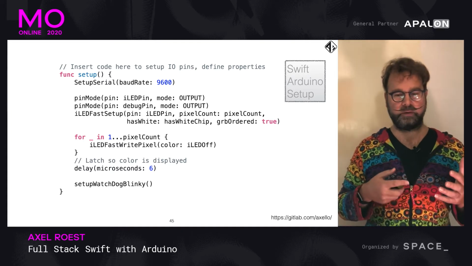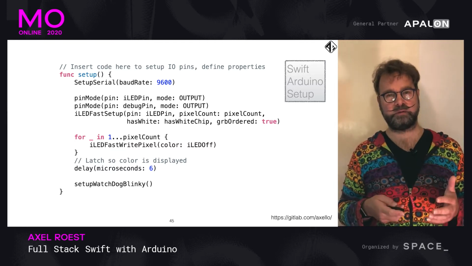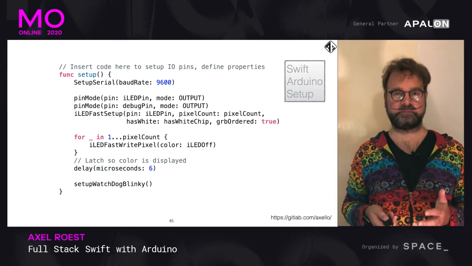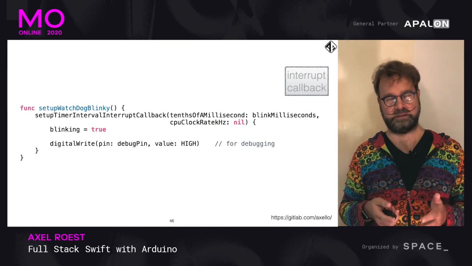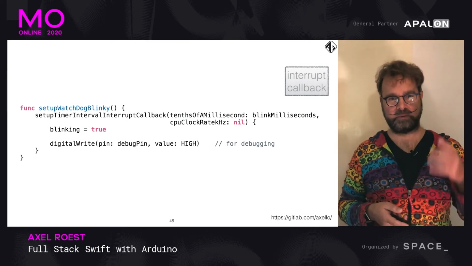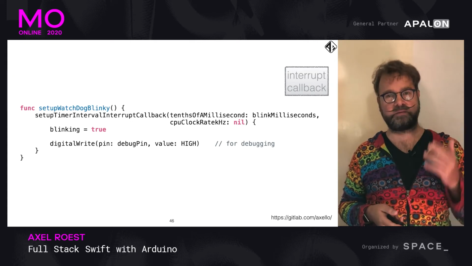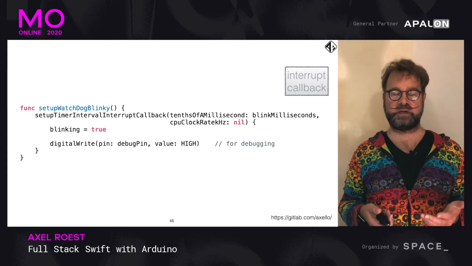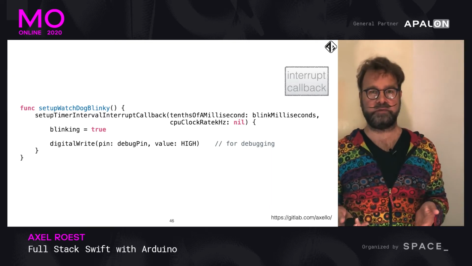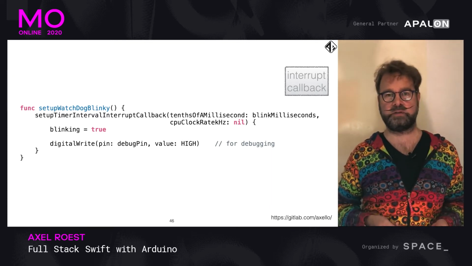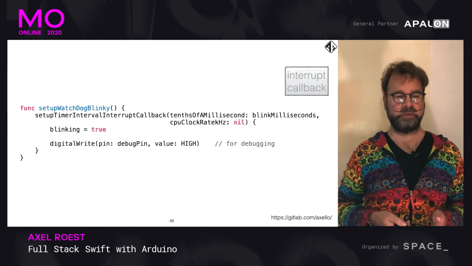Now, with hardware, it's always nice to know if the device is still running. And what I do there is make a little blinking LED so that you know the device is still running correctly. If you just have a LED on the power, it's green, but you don't know if your program is still running or if it's just the power is there and your program crashed. So it's nice to have a little